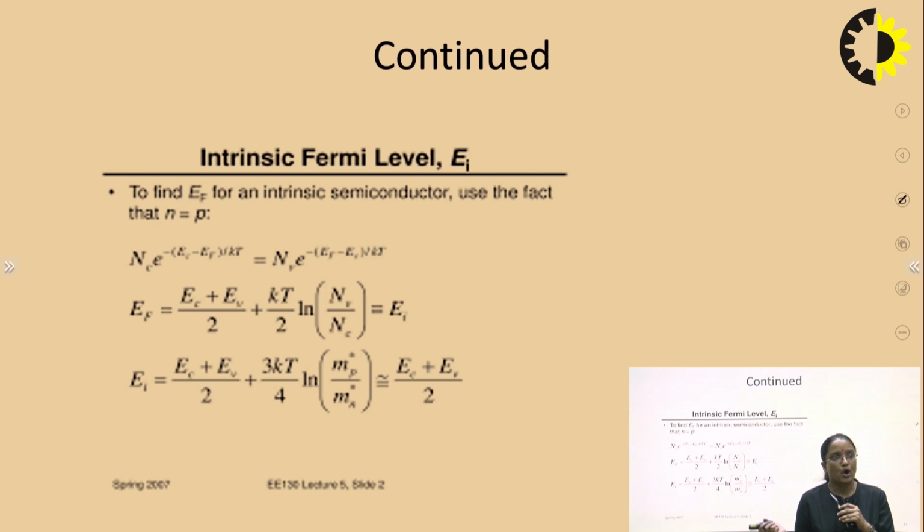So that is all about the derivation part, or how we are mathematically calculating and defining the position of the Fermi level for intrinsic semiconductors. By mathematically defining and proving it, we can say that the Fermi level in case of an intrinsic semiconductor lies in between your valence band and the conduction band. This is the major outcome after this derivation.